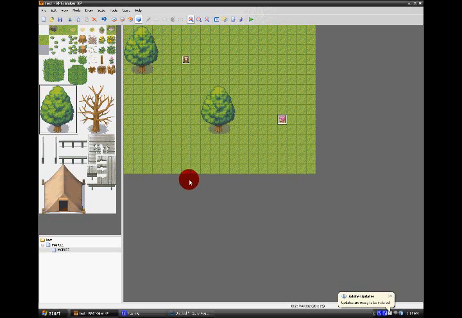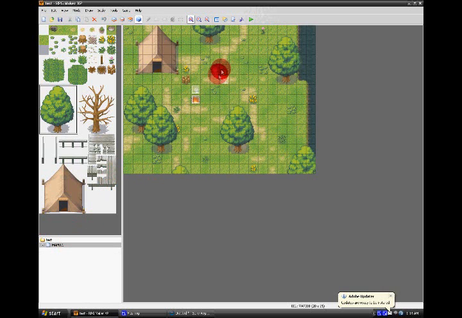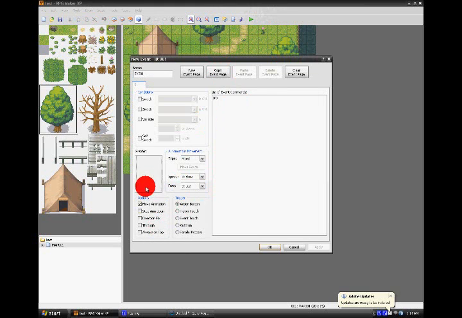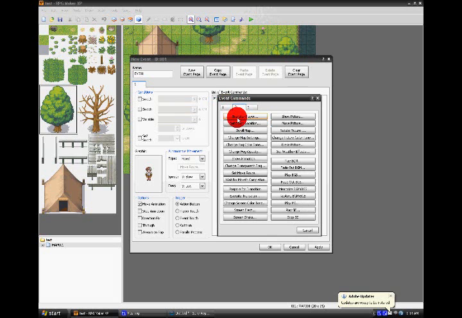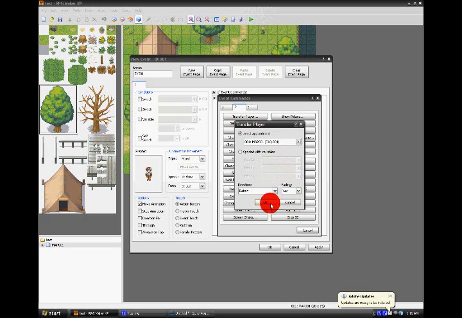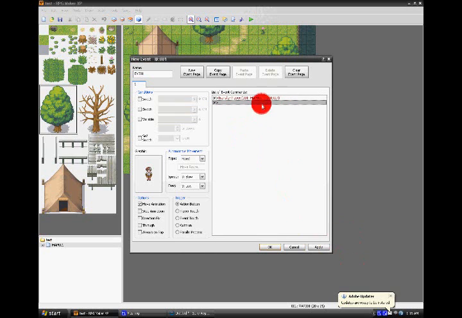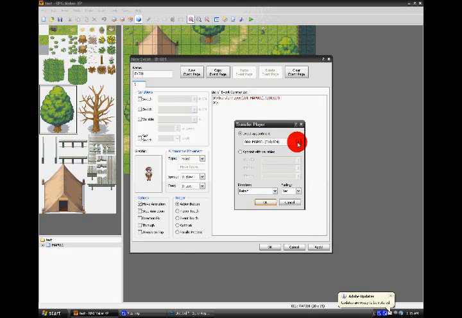Okay. Now, make it to where after you talk to this guy right here, he'll have a certain memory, and what we're going to do is now you're going to go to transfer player, transfer player, click on the second map,